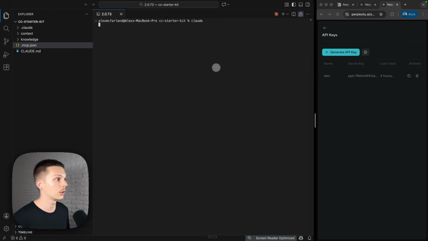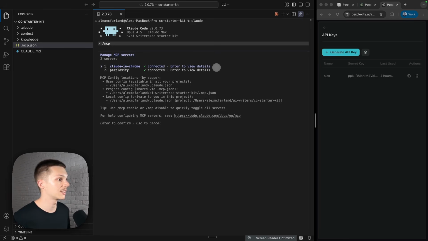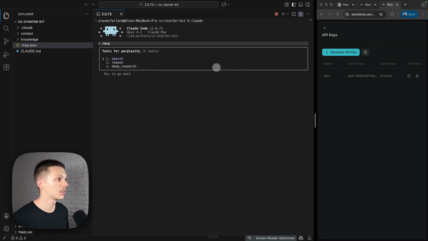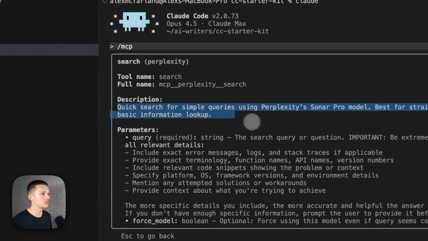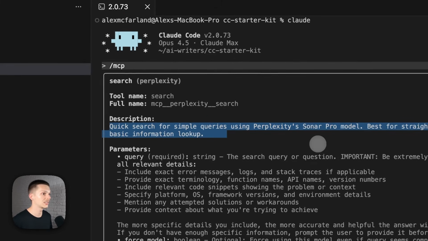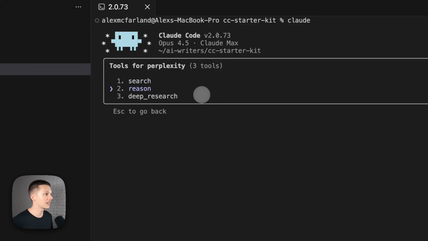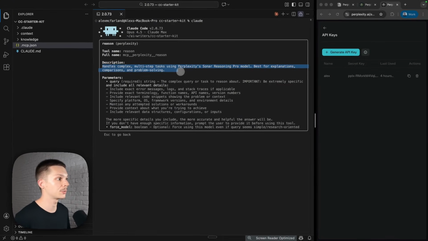So now we're gonna launch up Claude here, and we're gonna put /MCP. And now we can see right here our Perplexity server is connected and running. We can enter to view the tools, and now we can see we have 3 tools for Perplexity. We have search, which is going to give us quick search for simple queries using Perplexity's Sonar model, best for straightforward questions and basic information lookup. We can also do reasoning, which handles complex multi-step tasks using Perplexity's Sonar Reasoning Pro model, best for explanations, comparisons,